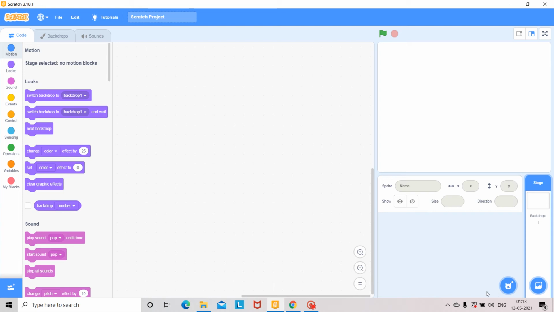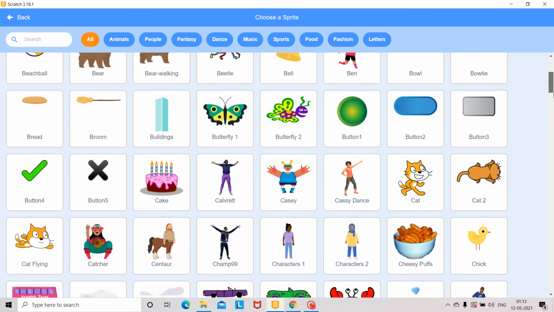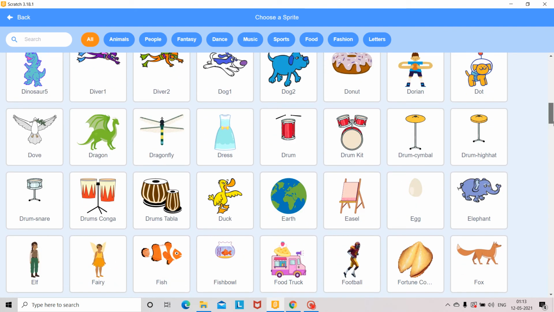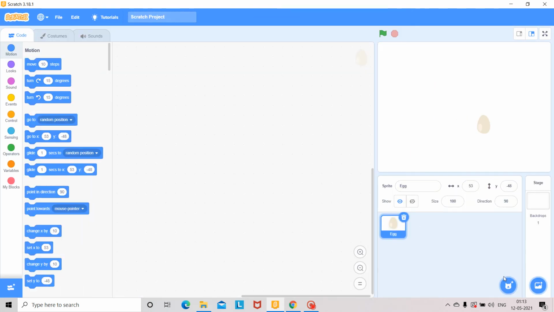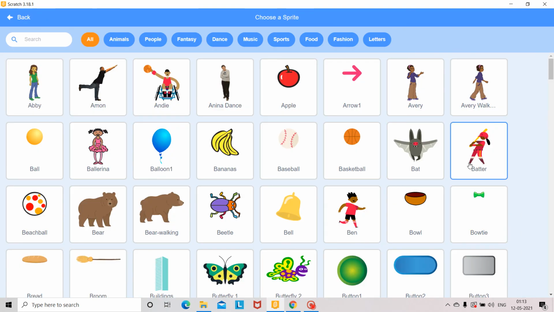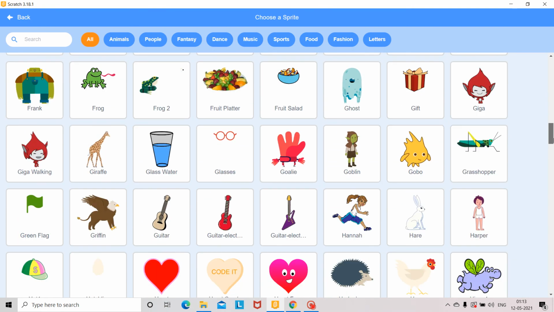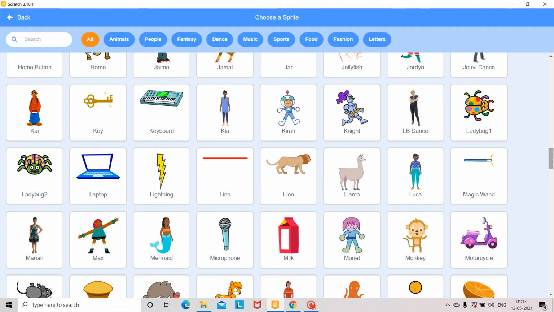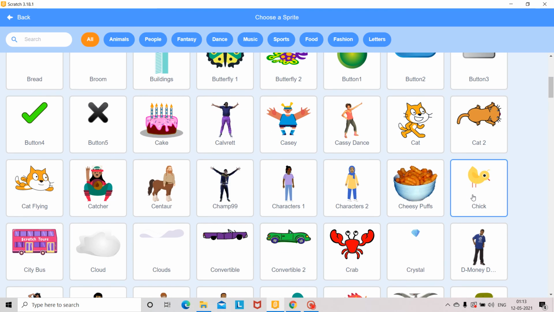So how can we take the sprites? Here at the right side you can see the toolbar. In that, you click choose a sprite. The two sprites I am taking are a chick and an egg.